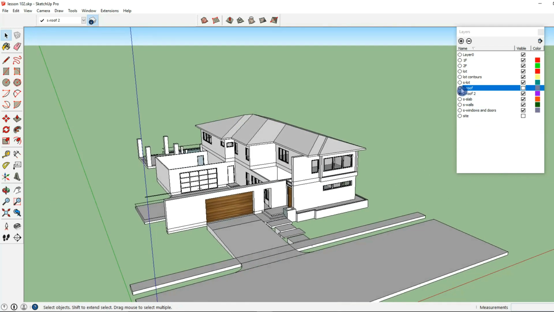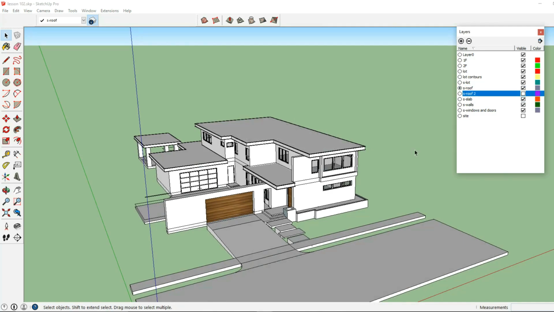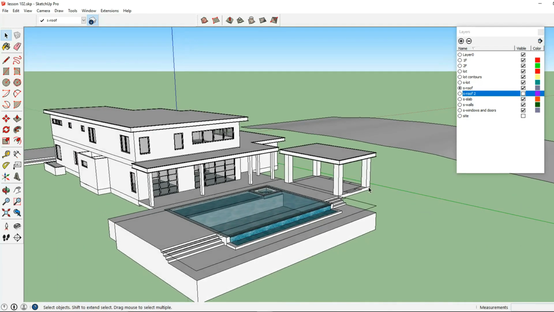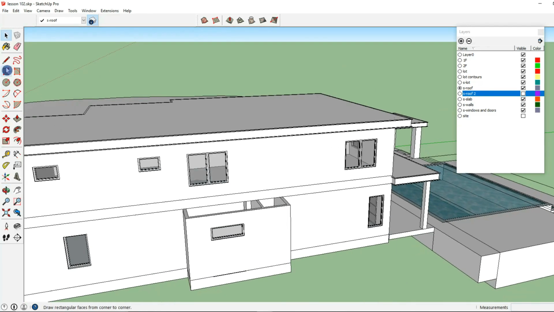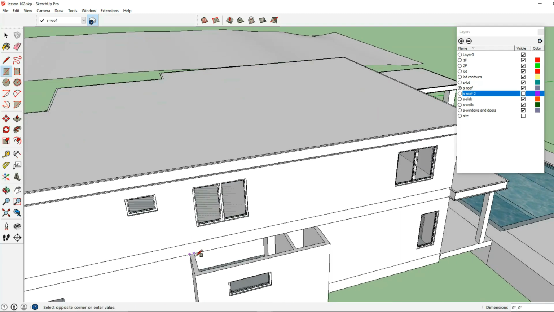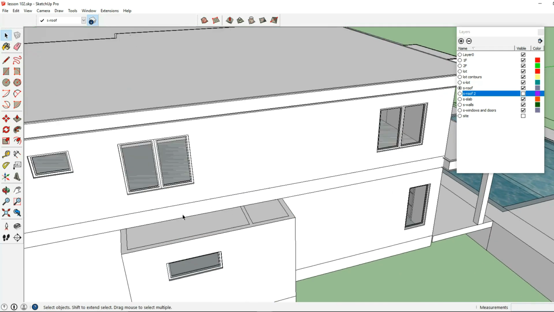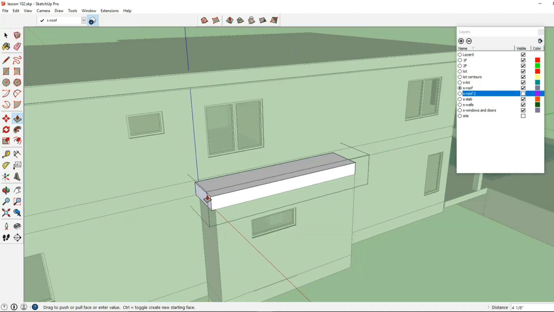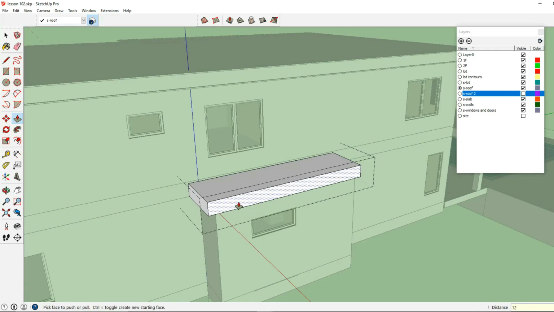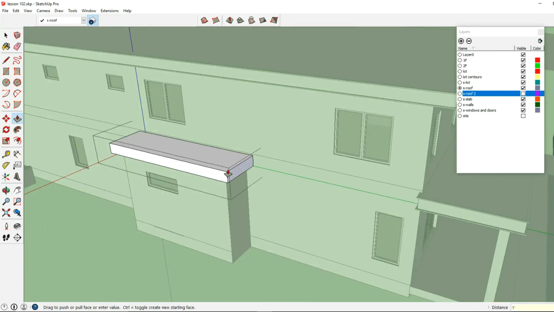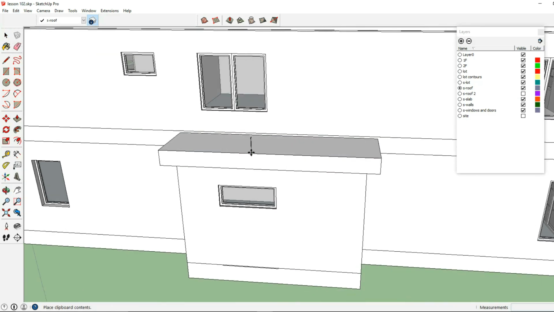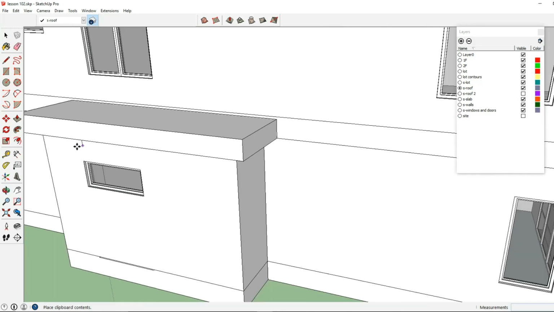So I'm going to go ahead and go back to my other roof system, and I think we are about ready to add materials. Oh, there's one more roof I want to add over here. Let's go ahead and make that a group. Extend that out. Oh, let's just go 12 inches with this one. And I still have my profile in my clipboard, so